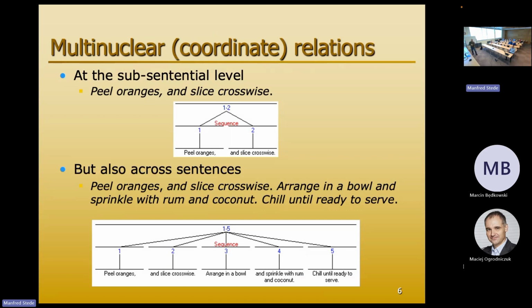Okay, so this nucleus thing says, sometimes you have in your very short discourse, "peel oranges and slice crosswise," two units where you don't want to have more weight attached to any of them. You have to do these two things. You have to peel them and then slice. No choice. These are called multi-nuclear relations, and the notation is going from the 1 to 2 unit downwards by these straight lines to the two members of the relation. And this can spread over longer discourse as well, peel the oranges and so on.